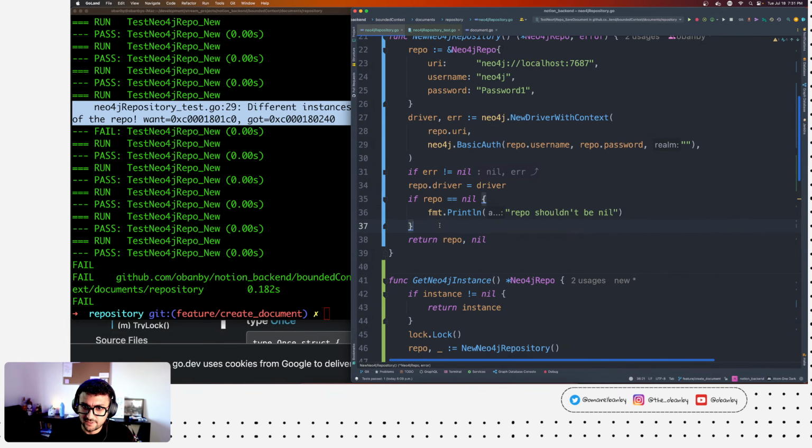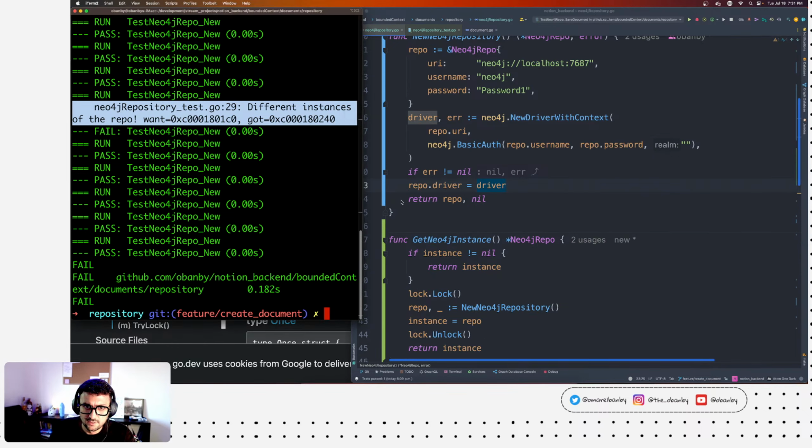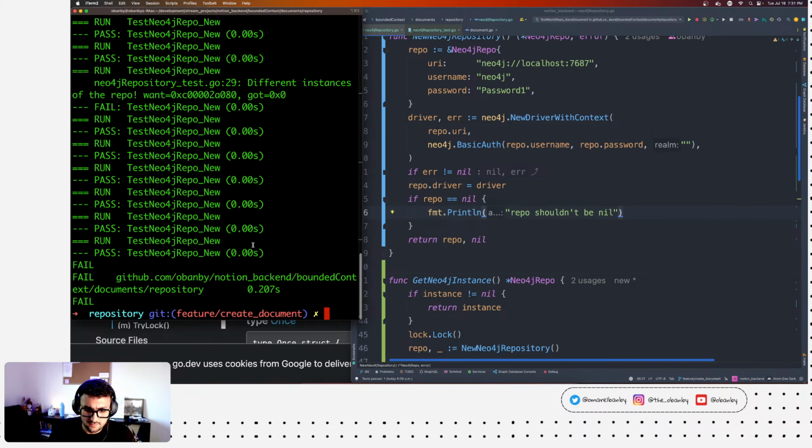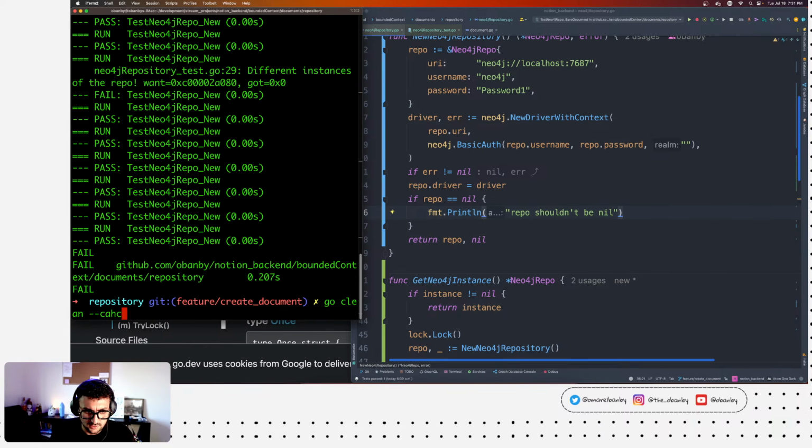So now it's not getting nil, but it's... one second, go clean cache.